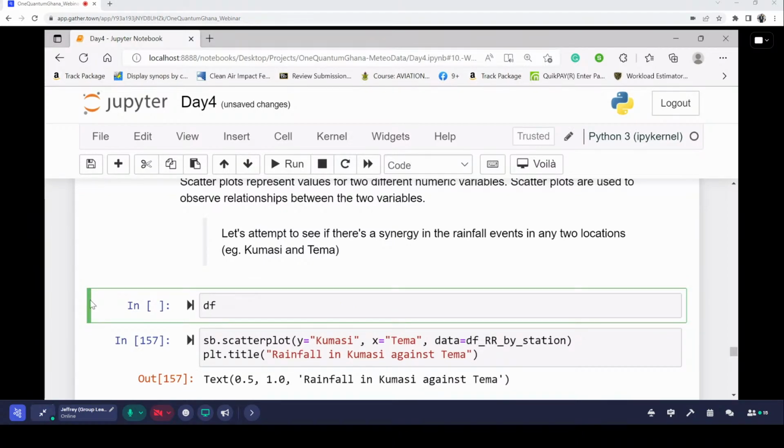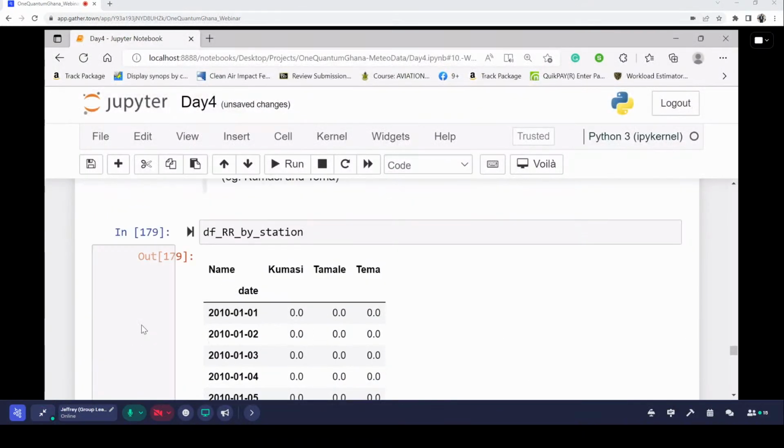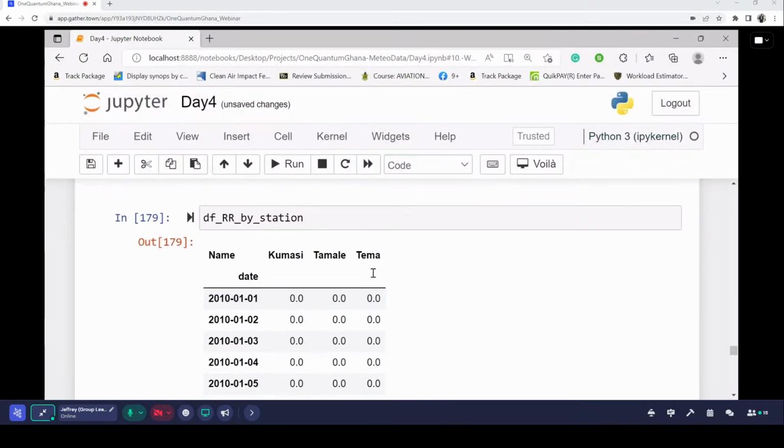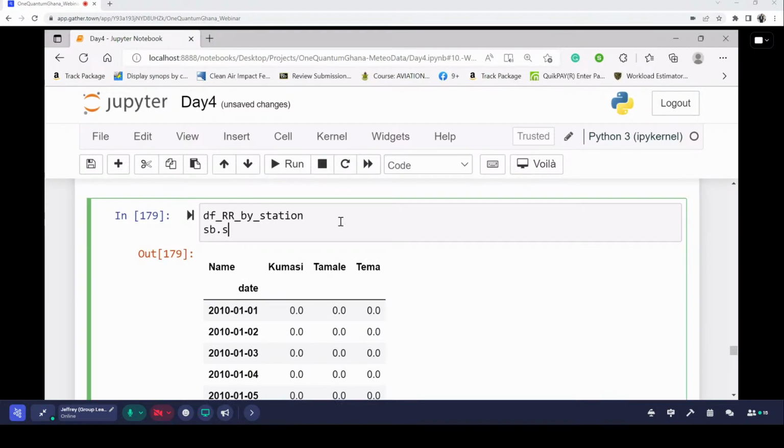So this is a data frame, df_rr_by_station. Okay, so this is the data frame we had. It has separate columns. Now on the scatter plot, I need x and then I need y. So we are going to call our sb, which is a Seaborn scatterplot, and then we can specify that my data should be this df_rr_by_station. So I'm going to use this data frame, and rather than